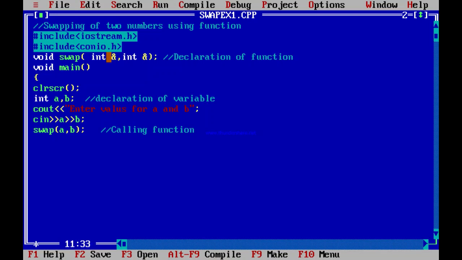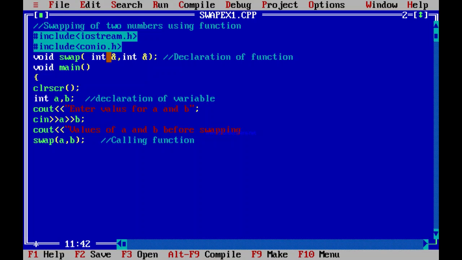Okay, so this is the function call. Now after calling the function, what do we have to do? The values will get interchanged. So after this statement, we'll write one more statement, that is, values of A and B before swapping.